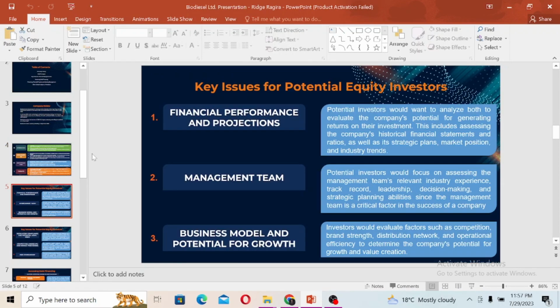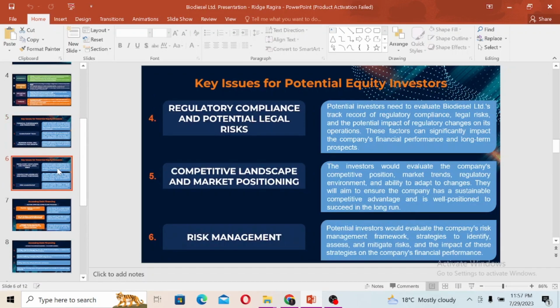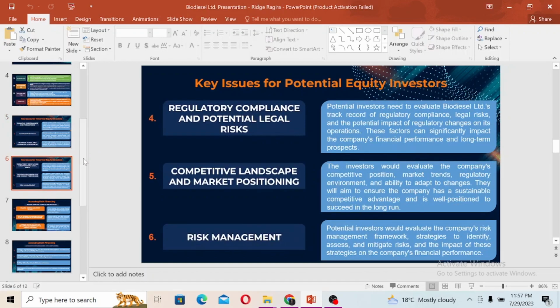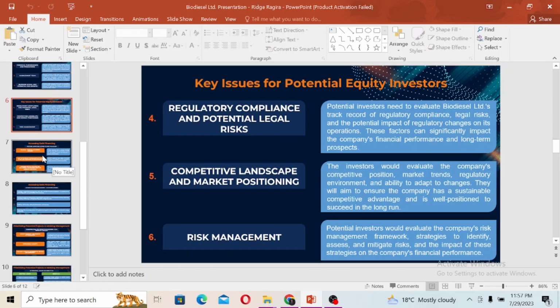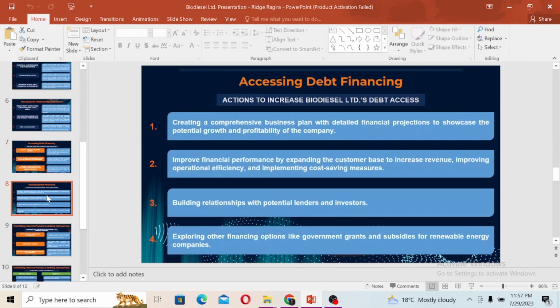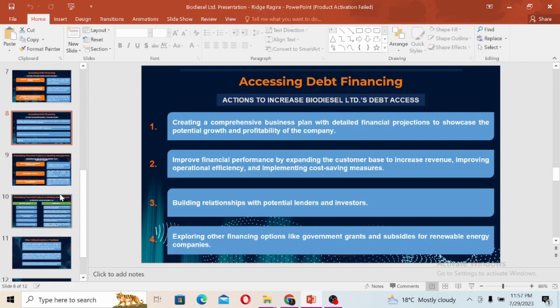And then there are the key issues for potential equity investors. This was supposed to be a maximum of 2 slides, and for me it is 2 slides. There is this and there is this. And then I went to the third question, which is accessing debt financing. What factors affect access to debt financing? And then actions to increase access to debt. That was question 3. And then question 4,